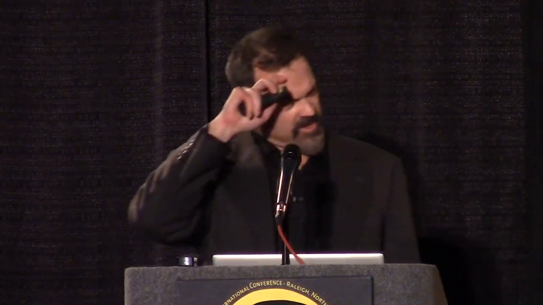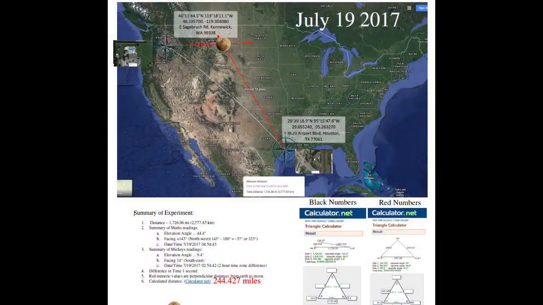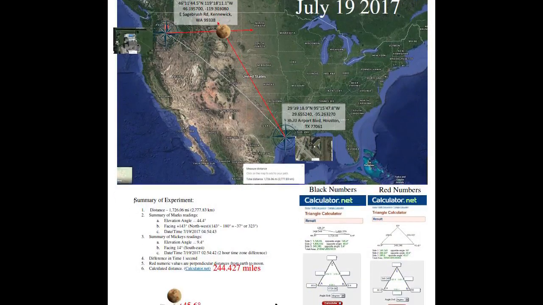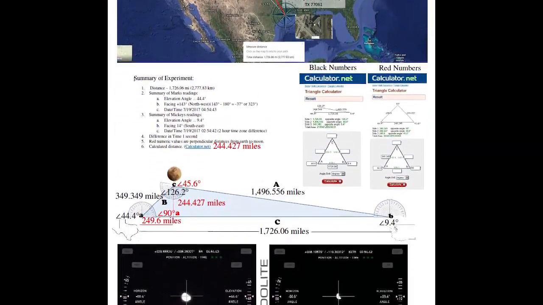So they said, well, okay, let's try that a few times. Science is testable, observable, repeatable, right? So let's do the test a few more times. So they did a few more times. He had another test with a buddy that lived in Houston. They did the same thing. So they're like, wow, look at the answers this is coming up with.